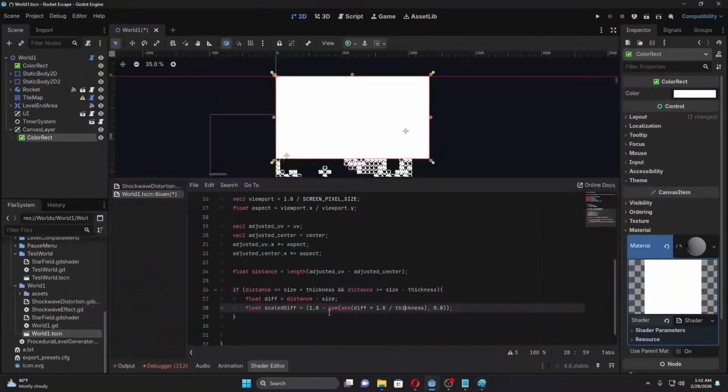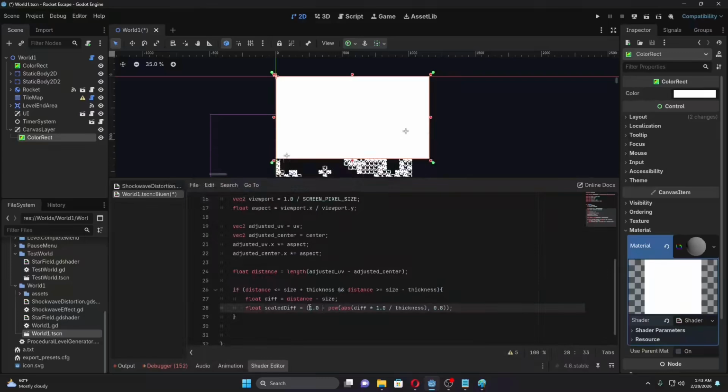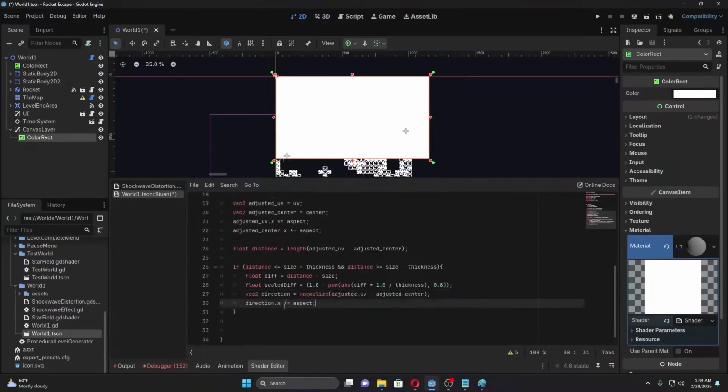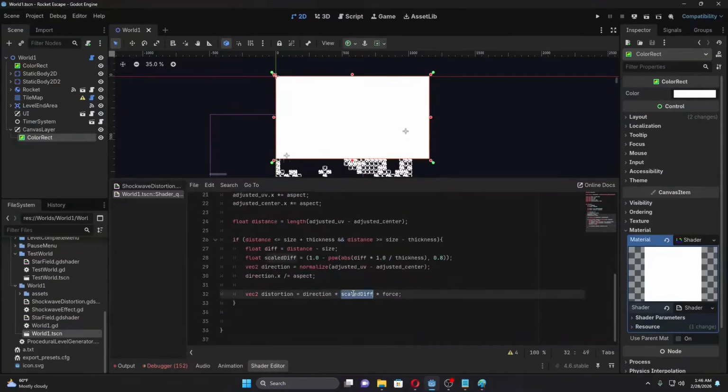Now after that, we subtract all of this from 1 to invert the calculation. It is necessary because the difference at this line was 0, so we must make it 1, and the difference elsewhere should start decreasing. That's why we subtract all of this from 1. So we get a ring that has a peak on the radius and goes down as we go away from the radius. Similarly, we calculate the direction of the distortion effect and adjust for the aspect just like we did these two values above. After that, we store the distortion based on that donut shape we calculated, multiplied by the force to control the intensity,